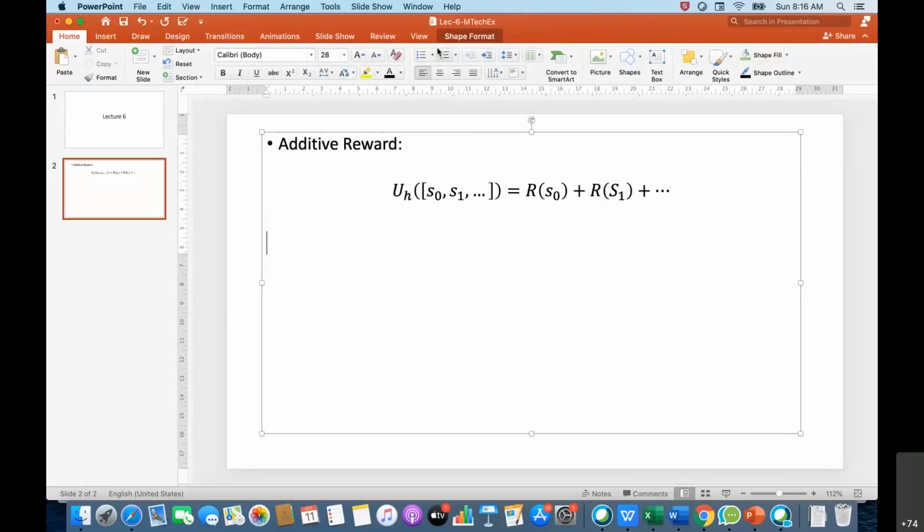Then comes another way of representation. This is additive reward, and another way of computing the utility of the sequential decision making system is